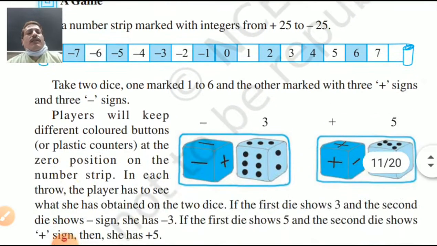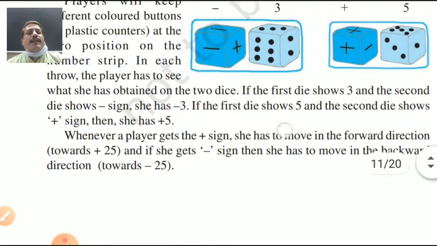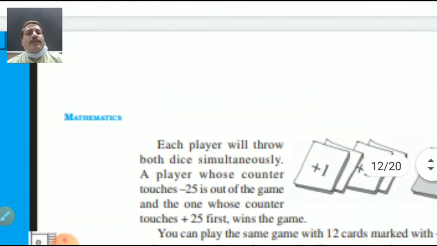You can play with dice, or you can say there are two dice. One dice having the simple 1, 2, 3, 4, 5, 6, and the second one plus, minus, multiply. 2 times plus, 2 times minus, 3 times plus, 3 times minus. Yes, very good. So whatever is coming, you have to add up both the dice. Yes, very good game is there. You can try it at home.